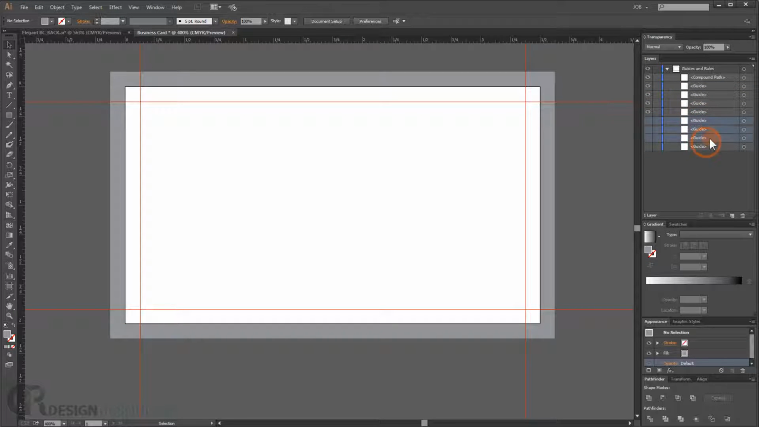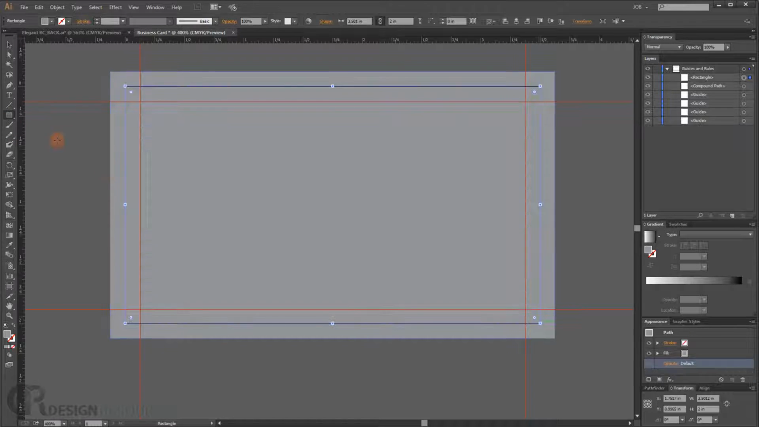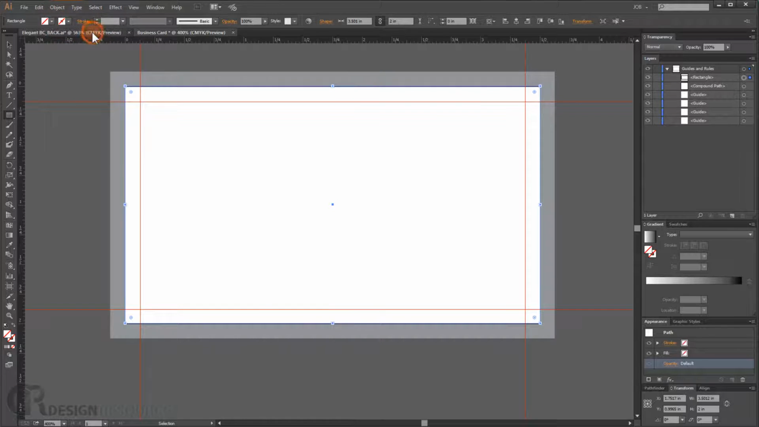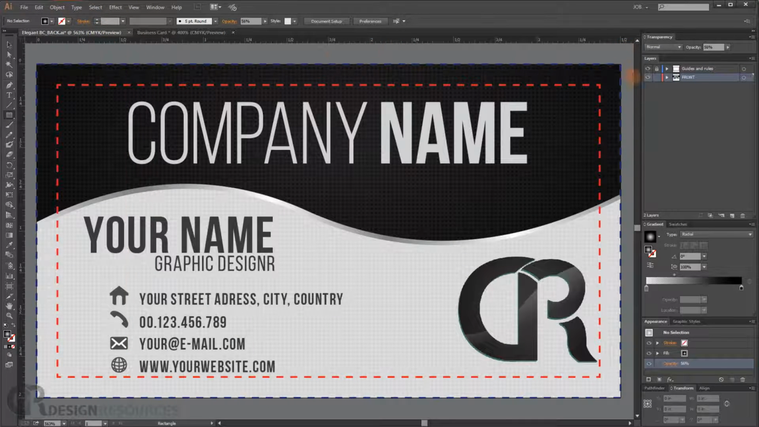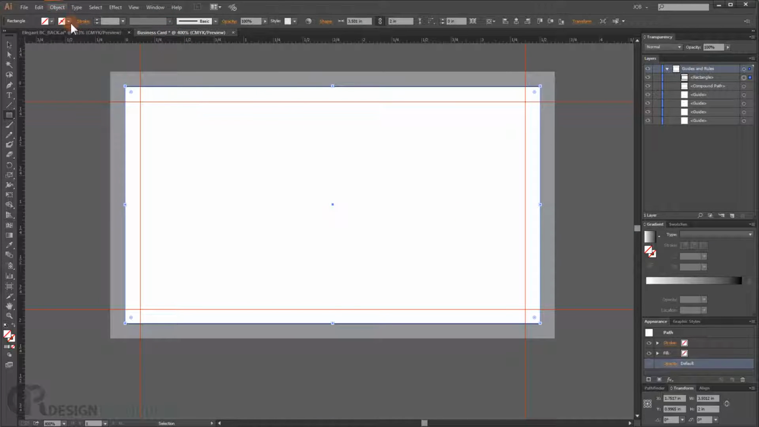Alright, let's delete this for. Okay, now if you want, we can just make our own guides. We can just create a rectangle like this, and we can just use only the stroke. If you want to create the same guides I'm doing in here, I just create a rectangle, and